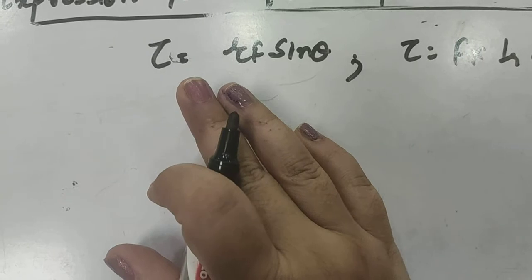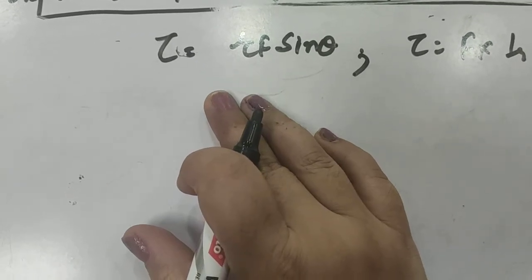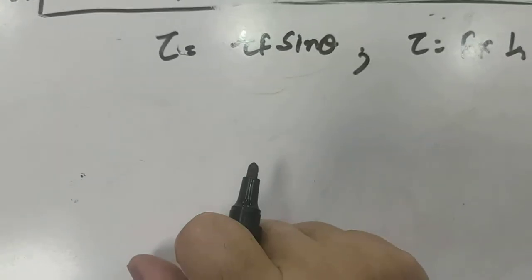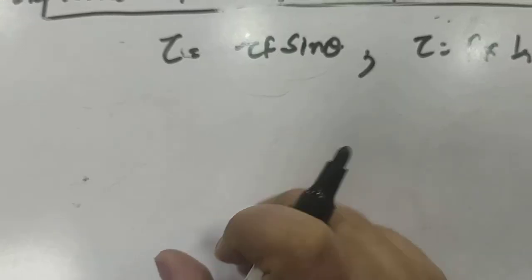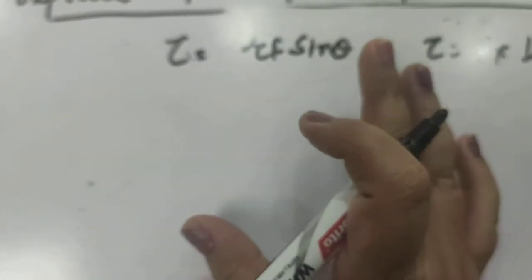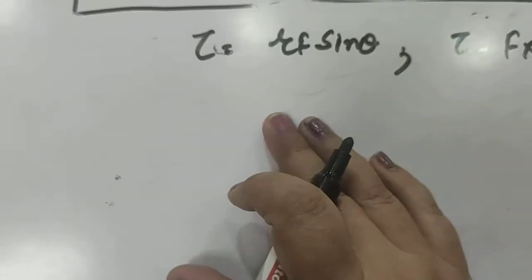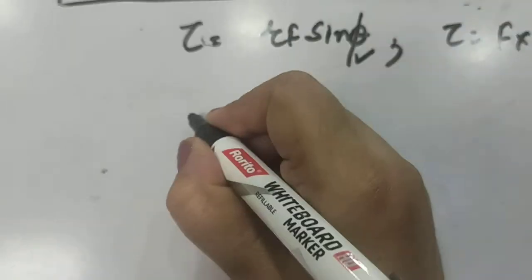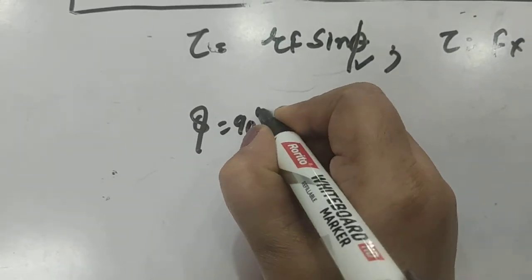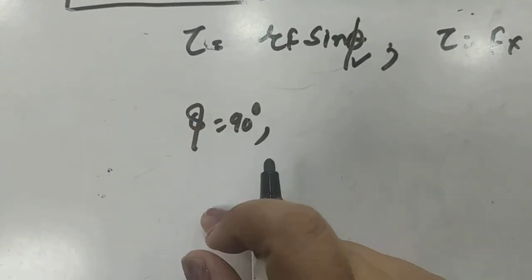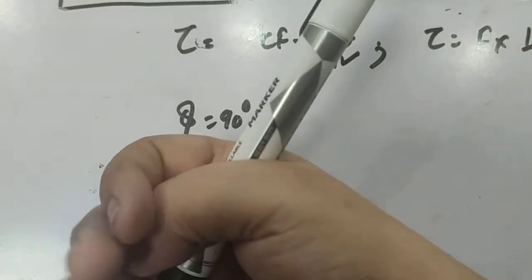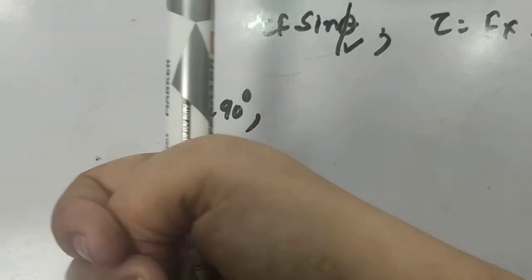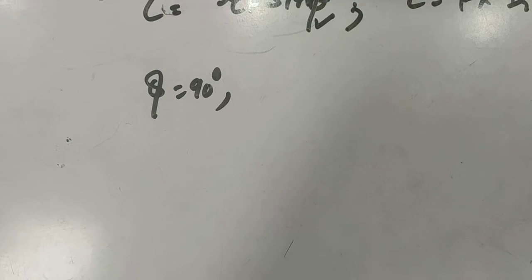Similarly, for opening nuts and bolts, we use a wrench of long length, and in that case it will be easy. In the second case, if angle phi is 90 degrees, the torque is maximum, because if you are applying a force at the handle by pulling it, then the torque will be maximum.